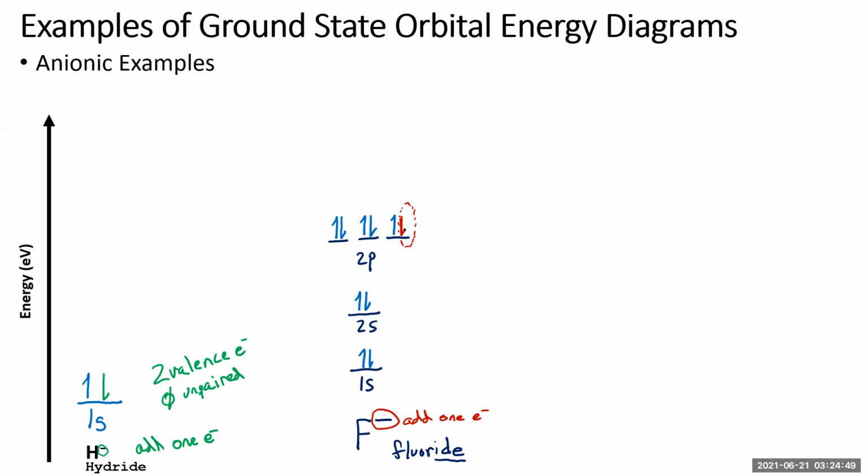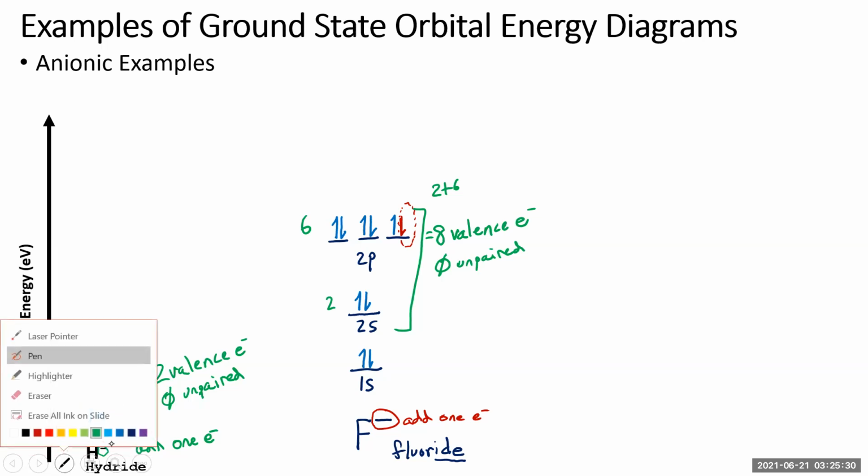Notice again, we went from having 1 unpaired electron to having 0 unpaired electrons. Likewise, we've increased the number of valence electrons. We now have 2s and 2p. We now have 2 plus 6. We have 2 of these, 6 of these. We have 2 plus 6 equals 8 valence electrons. We have 8 valence electrons, 0 unpaired electrons now. So fluoride has 1 extra valence electron. In fact, it has a complete set of valence electrons. Another thing we can say is this,